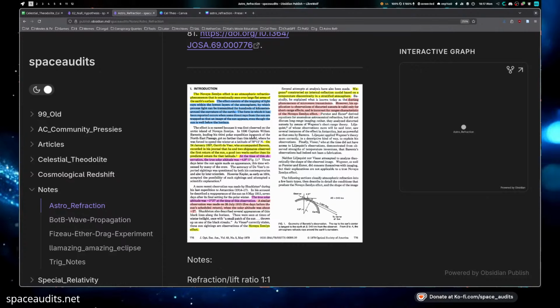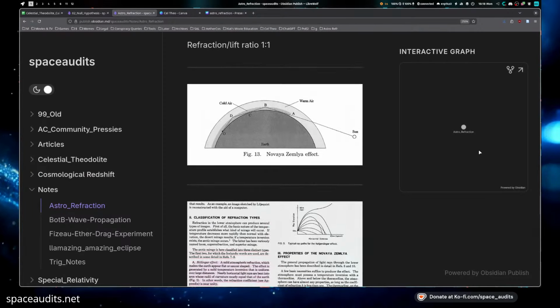And in the first case that this happened, Captain Wilhelm was like, "No, there's no way you saw that, my dude. That's complete BS." Then 3 days later, he made the same observation and confirmed what his sight guy saw, and was like, "Okay, my bad." So anyway, they call this the Novaya Zemlya effect. And what we see here from the diagram is that the sun is 4.9 degrees below the horizon, but it's also 4.9 degrees above. And they have some explanations for it.